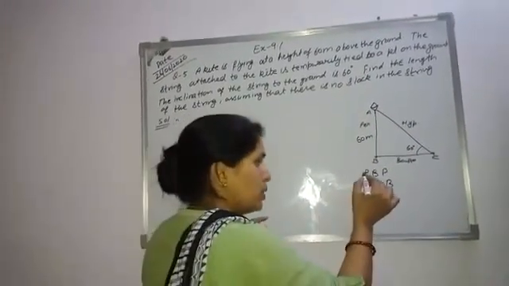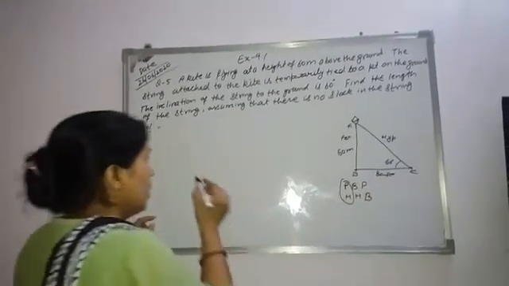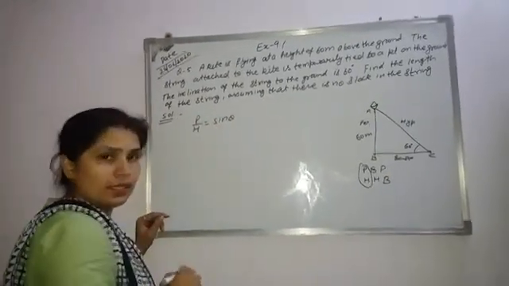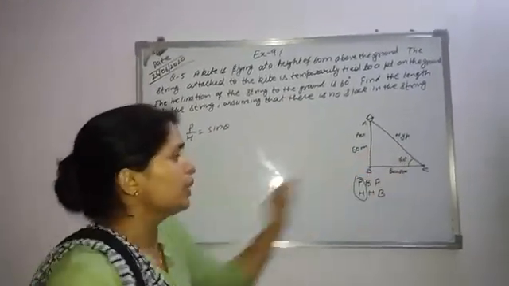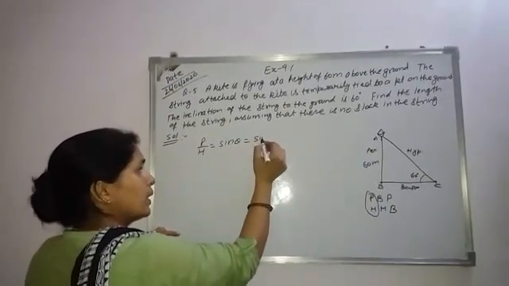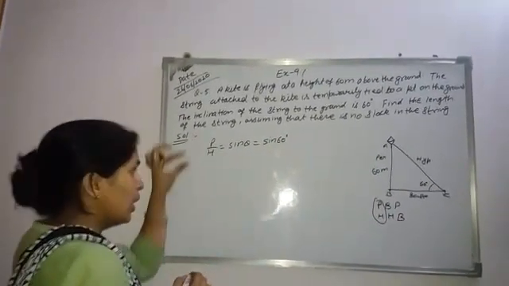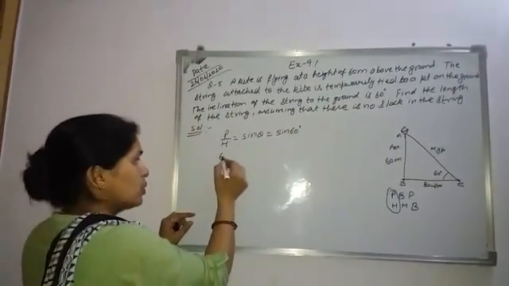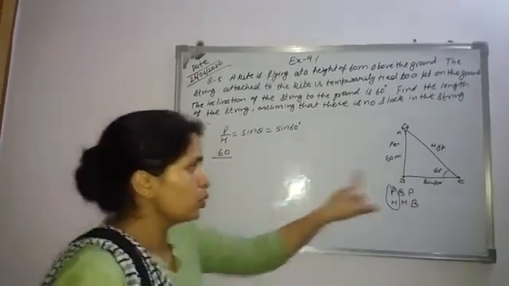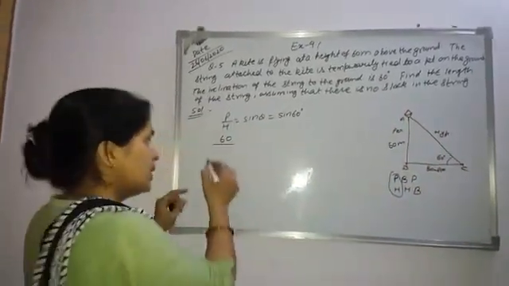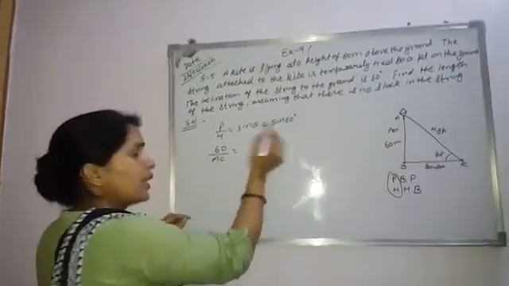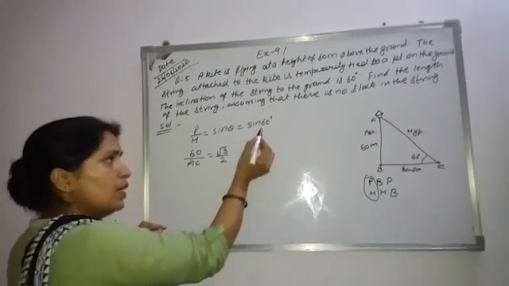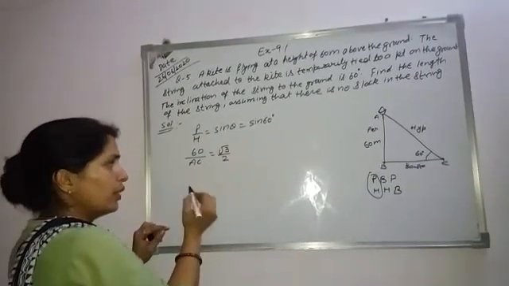Perpendicular and hypotenuse, this is the relation, and by this ratio, P divided by H, we obtain sin theta. Okay, now what is the value of theta here? Theta is 60 degrees. So sin 60 degrees is equal to the perpendicular, which is given to us as 60 meters, divided by the hypotenuse. Hypotenuse, AC, we want to find out. And the sin 60 value is equal to root 3 divided by 2. Again, from the table, sin 60 is equal to root 3 divided by 2.